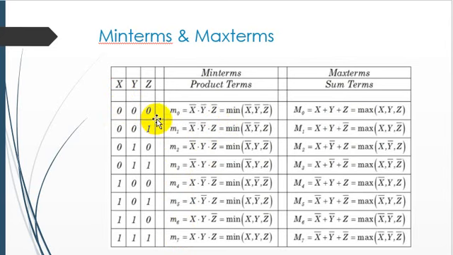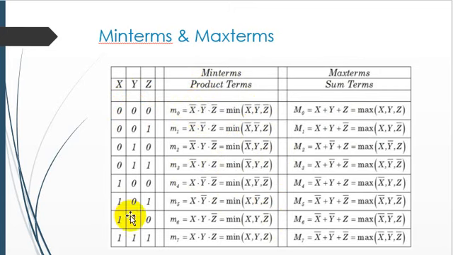In the case of the first combination, 0 0 0, it means x, y and z are all complemented. Let's suppose we take the combination 1 0 0. X is 1, so there is no complement on x, then y is 0 and z is 0, so there are complements on y and z respectively. This is a very important representation of how we can convert the truth table input variables into the mathematical expression.